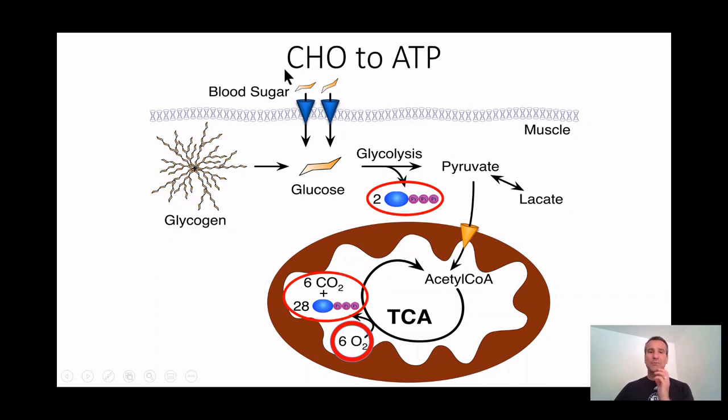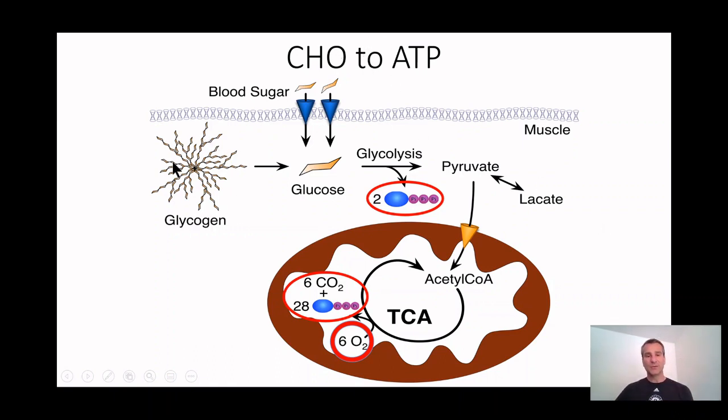Okay, so when we break a sugar down, from a single glucose molecule we're going to get 30 ATP molecules: 2 from glycolysis, and 28 if we have enough time to use oxygen as a fuel to have that pyruvate go into the mitochondria through the TCA cycle and break down into ATP, 28 ATP, and 6 carbon dioxide. All right, so when we're going to use sugars as a fuel, we're either going to get the sugar